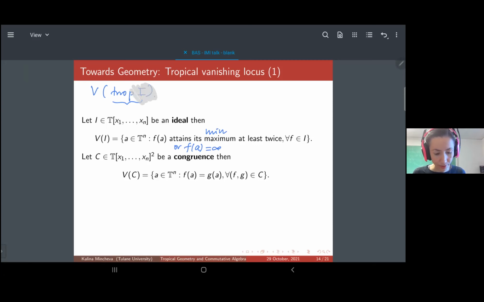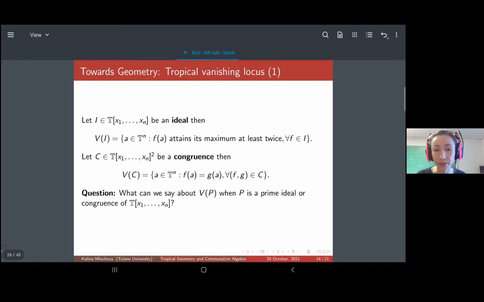And I can define something similar for congruences. So I can talk about the variety of a congruence. So the variety of a congruence is going to be the set of all points in T to the n, such that f of a is g of a for every pair f, g. So remember, this is what this means. F is congruent to G in this congruence. So if I do this,